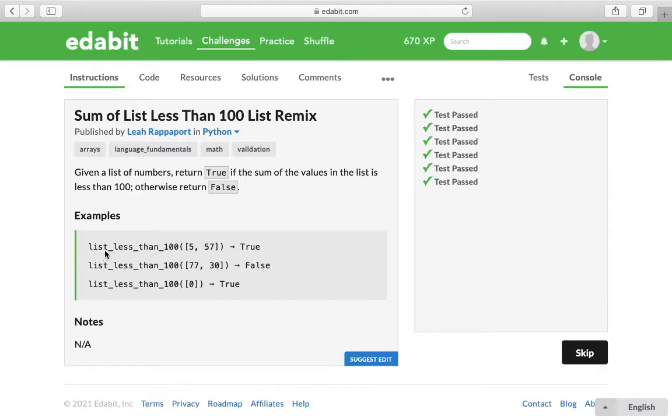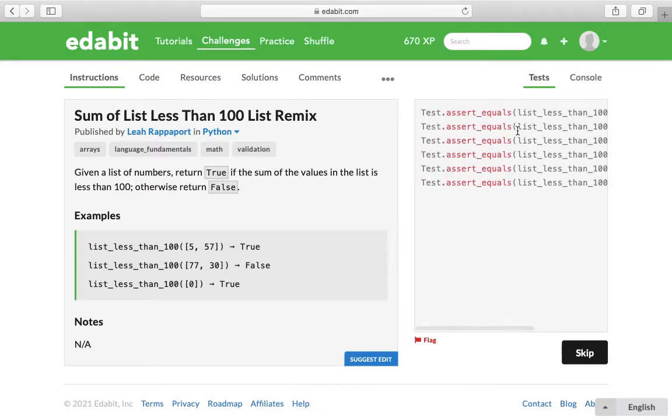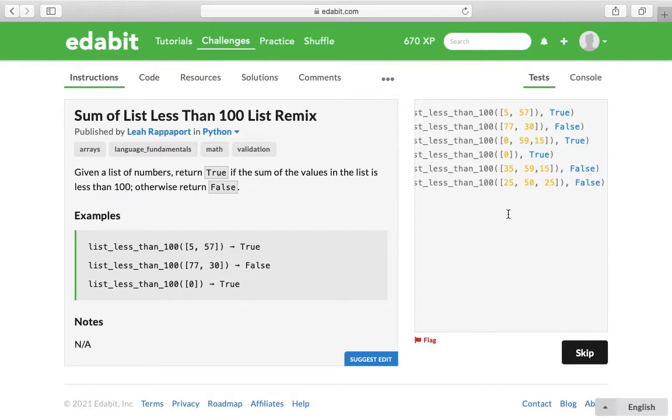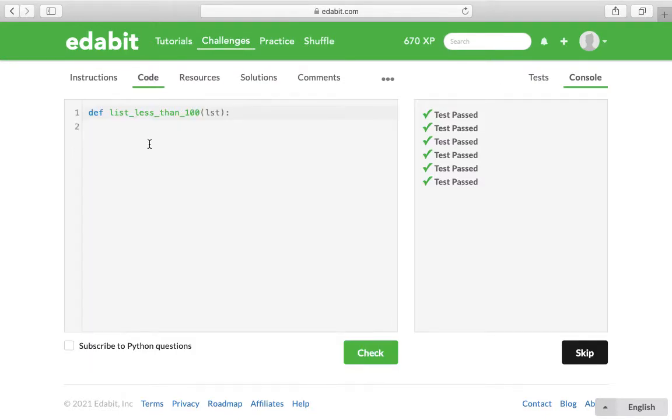And in the example they gave, they only had like two numbers. And they added them together and decided if yes, true, they were less than 100, or no, they were over 100, which would make it false. And I was kind of curious, so I don't know if I've talked about this before, but you can always go under test and see what they're going to input in the program when they give it a test. And in this case, they're only going to do three numbers, but it's always interesting to know what you're working with. So as far as the code goes,